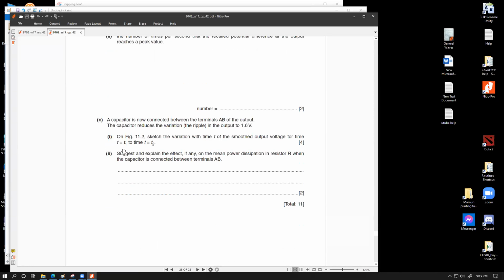আচ্ছা এরপর বলছে হচ্ছে: suggest and explain the effect, if any, on the mean power dissipation in resistor R when the capacitor is connected between terminals AB. Suggest and explain the effect, if any, on the mean power dissipation on resistor R when the capacitor is connected between terminals AB. এইটা তো একটা ভালো কোশ্চেন।